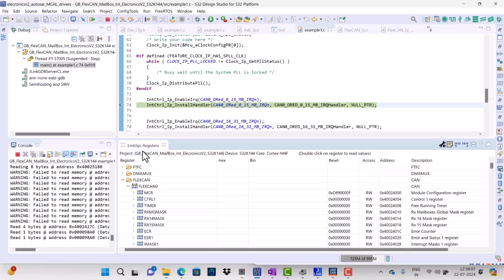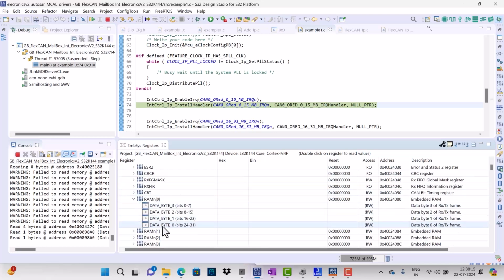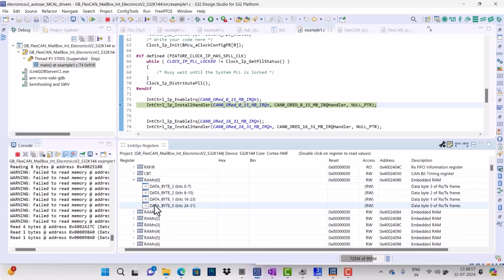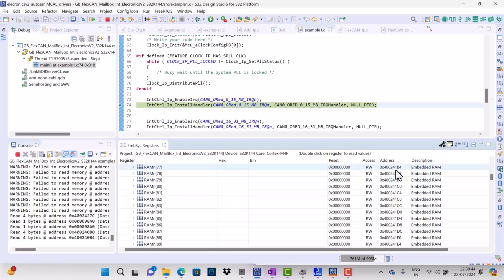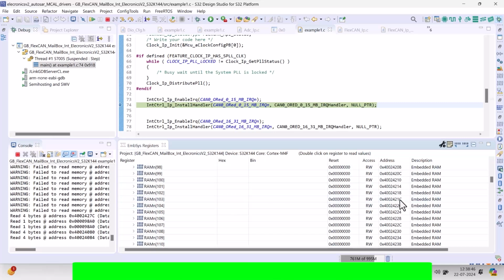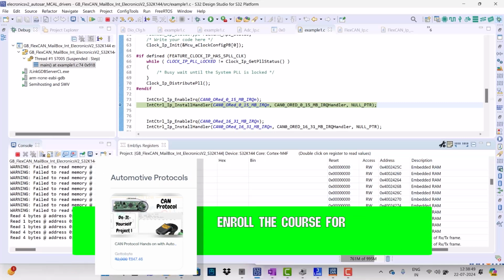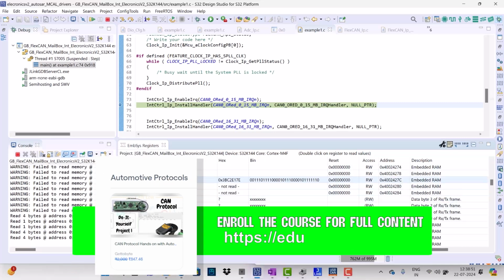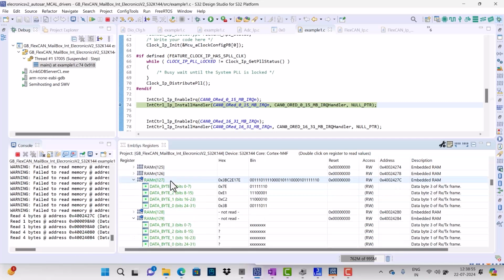In our case we are using the K144 for demonstration in the demo projects. So if you go to FlexCAN and there to FlexCAN 0, you will see there are registers by the name of RAMn 0, RAMn 1, 2, 3. These are basically your embedded RAM, and as FlexCAN instance 0 has memory from 80 till 27F, if you navigate to this area, that is RAMn 128 variable, 127, that is the last one till